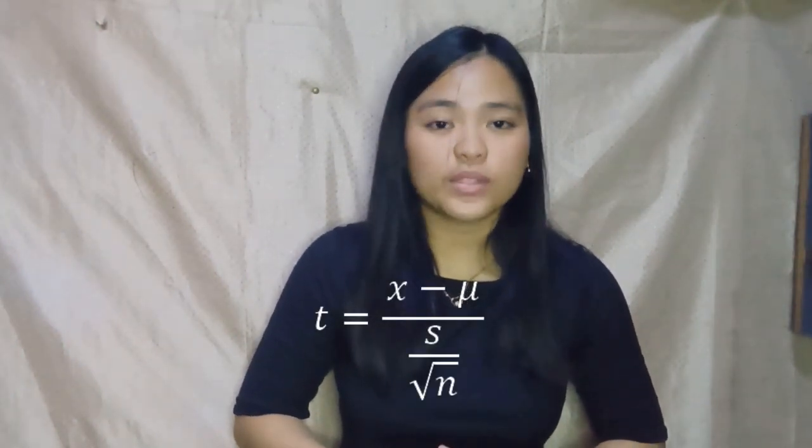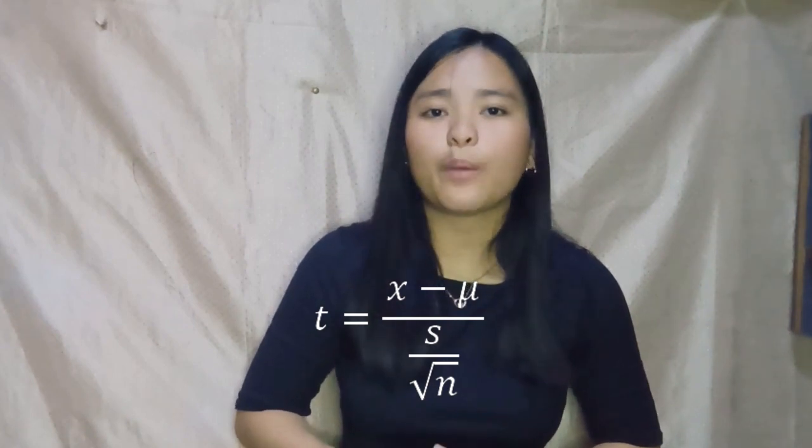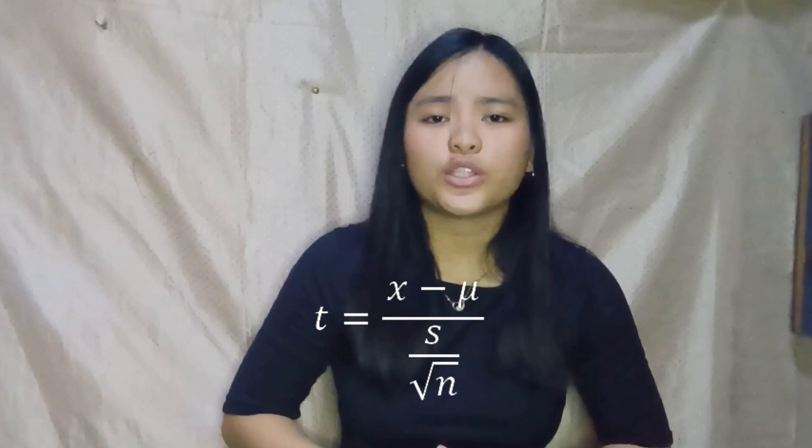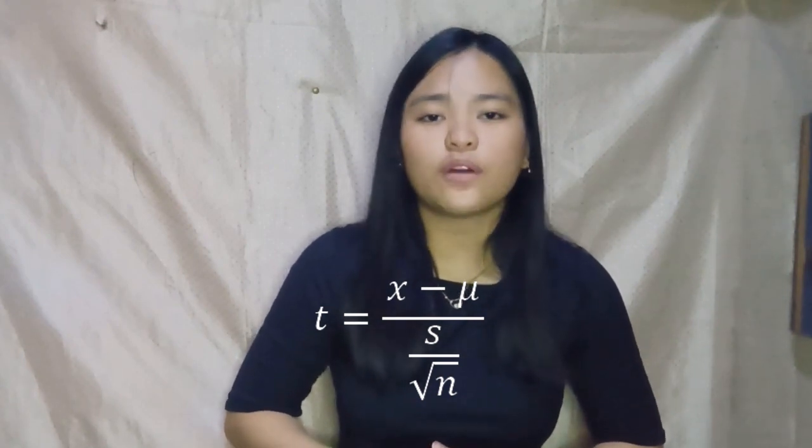However, a unified table cannot be used here since it cannot be summarized that easily. That is why a t-distribution calculator is used here. The transformation formula for this distribution is as follows. T-score is equal to sample mean minus population mean all over sample standard deviation over the square root of sample